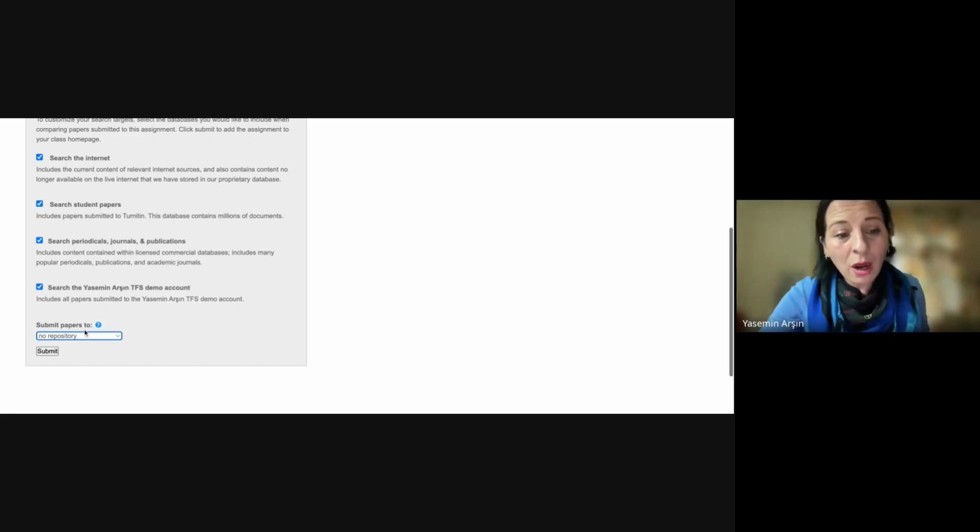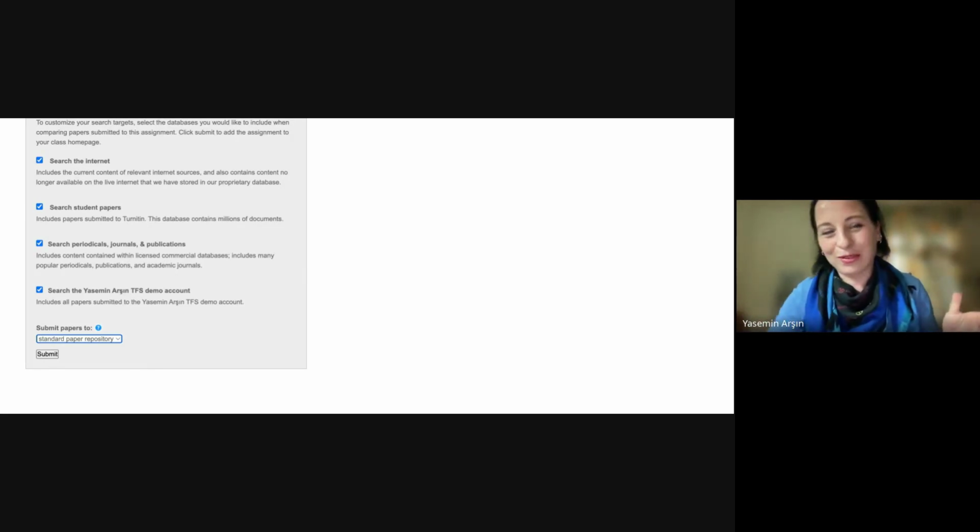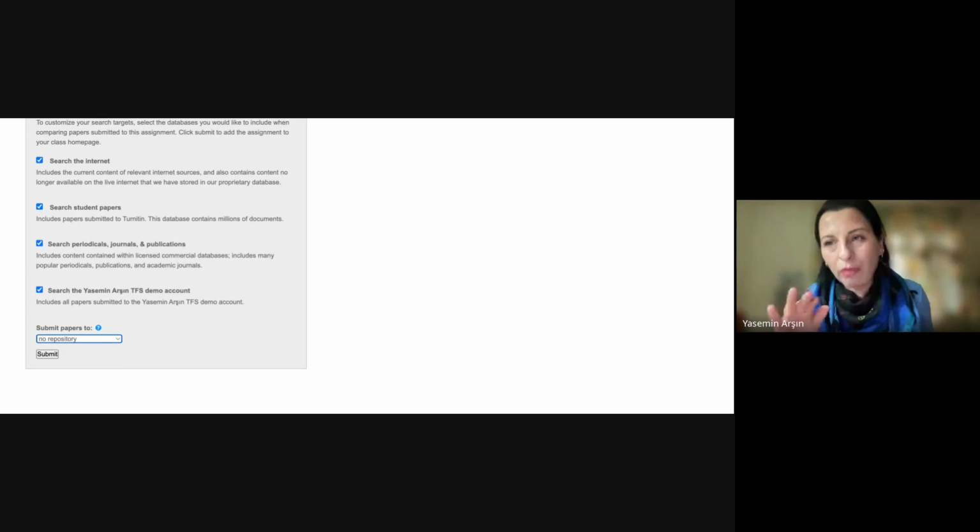It means you are not saving any papers into our database and it will not appear in similarity matches in the future. If it is my article and the academic journal uploads it, for example, if I do standard paper repository, the academic journal will get 100% similarity, which is not acceptable, right? So that is why I should not save it into the repository, no repository.